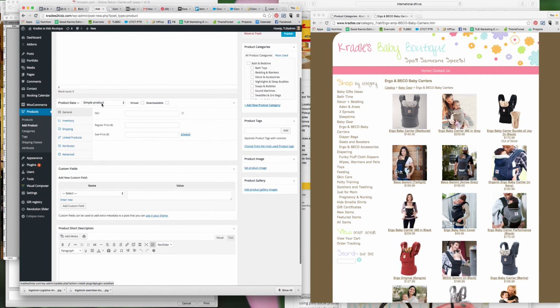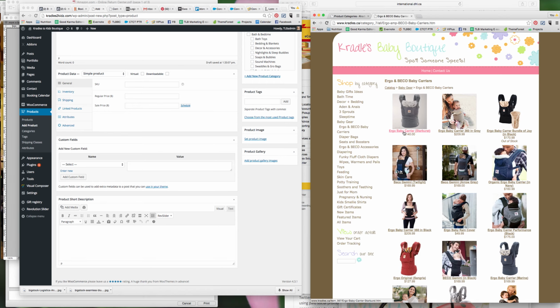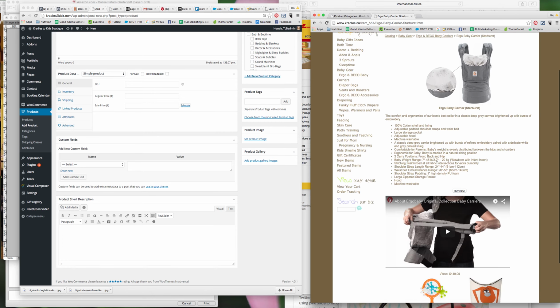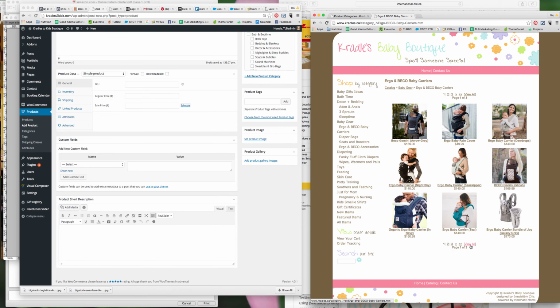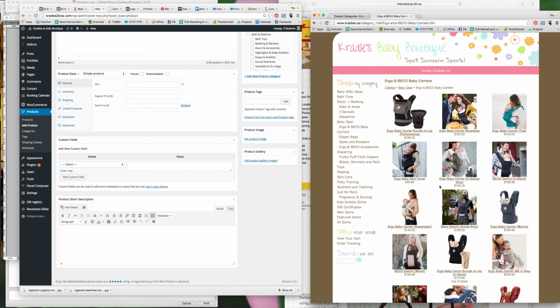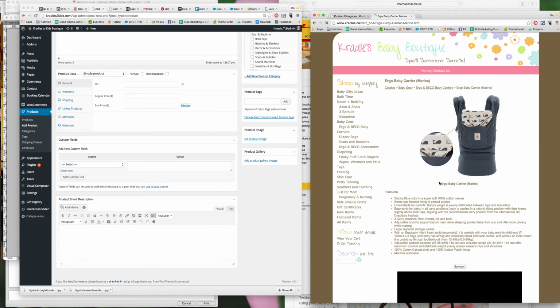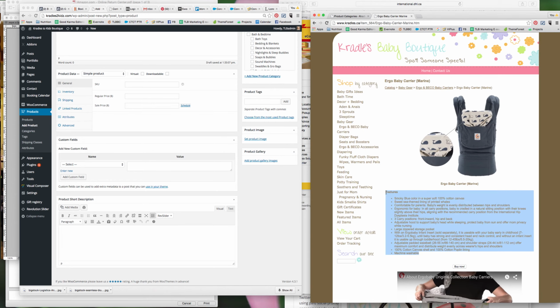And the description is not going to go in this main box here. You're going to go a little bit lower to where it says Product Short Description, and here I'm going to put a description of my product. So here's my old website. We're going to copy the information on this carrier. Just going to make sure this is the one I want here. And so I'm going to just copy these features from the old website, put them in my short description,